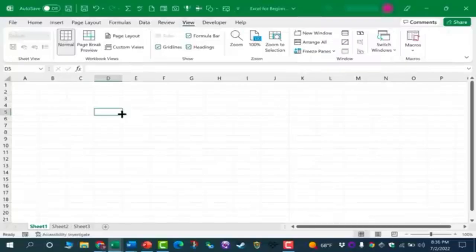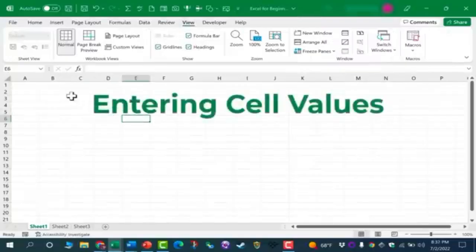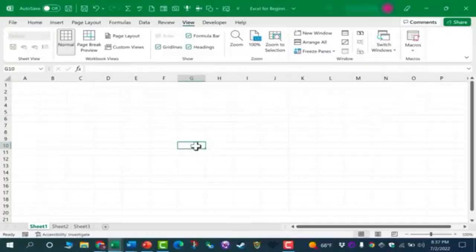It's time now for the second segment of this course, which is how to enter cell values in Microsoft Excel. And let's say I work for a small business and I've been asked to create a payroll spreadsheet for the employees. Here in column A, I'd like to have the employee ID numbers. In column B, the employee names, and then some information about their wages, the hours worked, how much they are